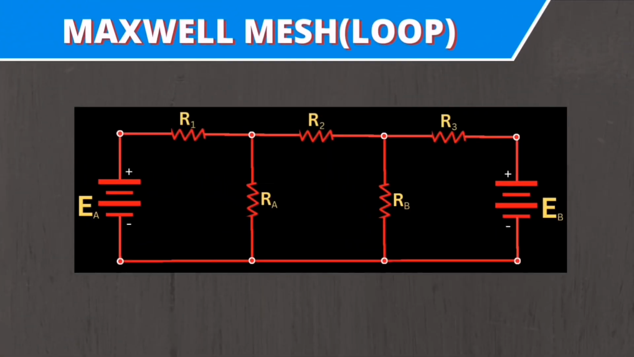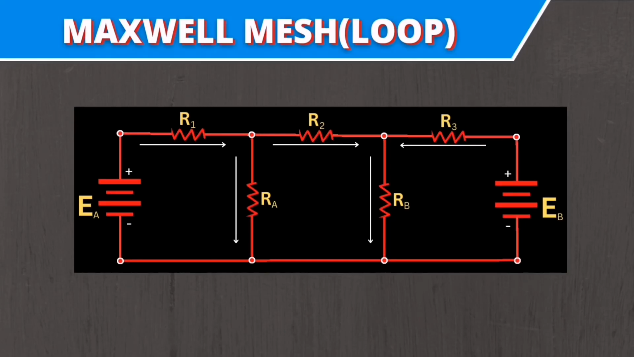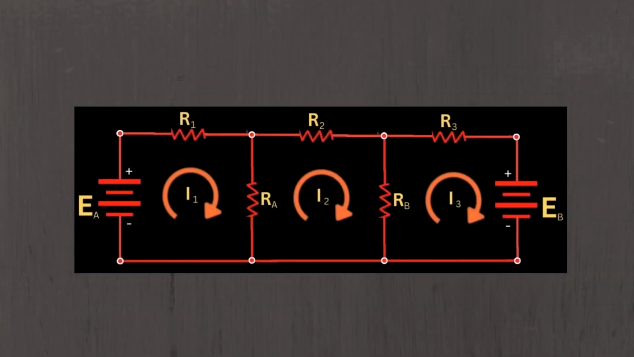Hi guys, for this video I will discuss another way to solve complex networks. Instead of branch circuit currents, just like what we use in the previous procedures of Kirchhoff's law, we will use loop or mesh current. By the way, examples are discussed at the end of this video, so make sure to